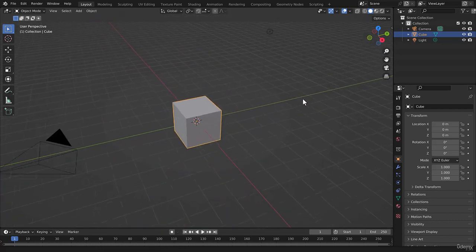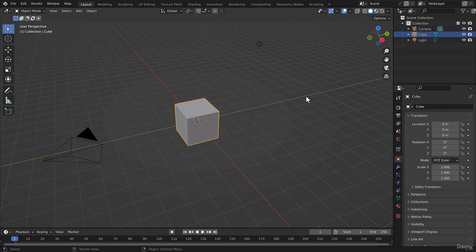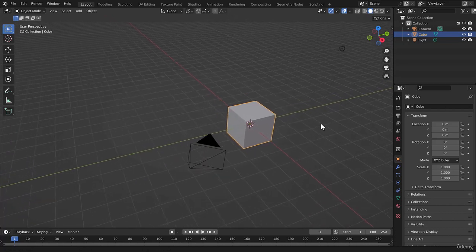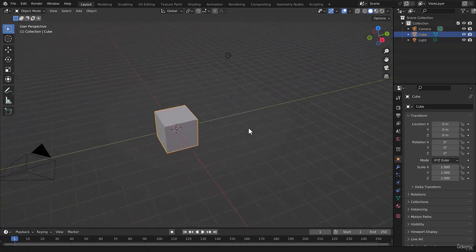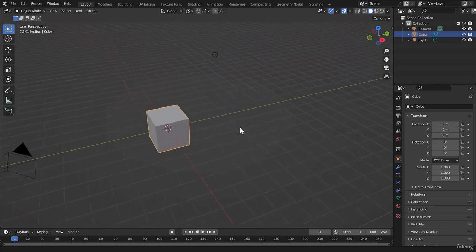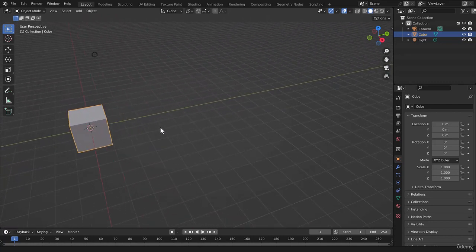So we have two methods of zooming here, using the scroll wheel and also using the Control key and the middle mouse button. The third method is to pan or move our view. This will move our view across in left, right, up and down directions, but will not change the angle of the view. To do this, hold down the Shift key on your keyboard, then hold down the middle mouse button. Now move your mouse around